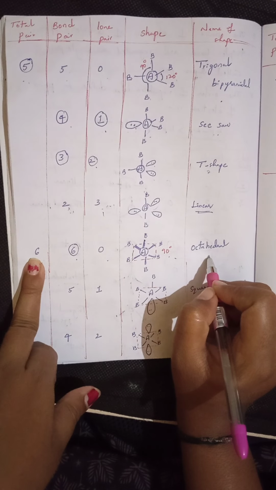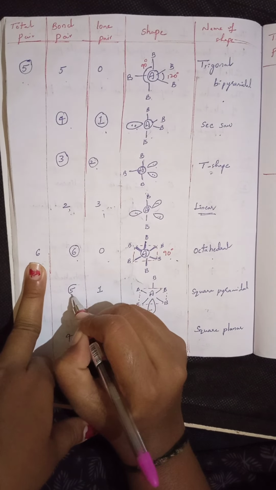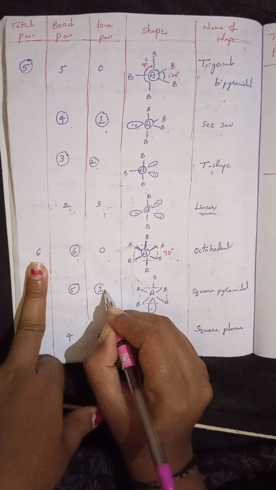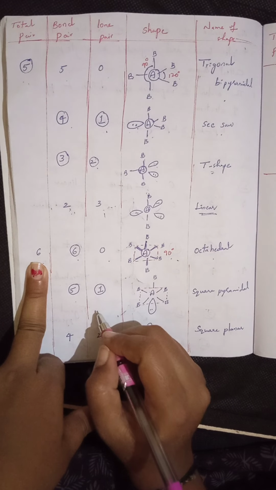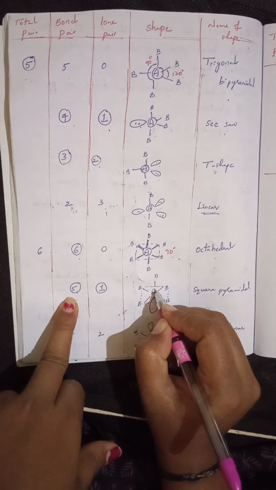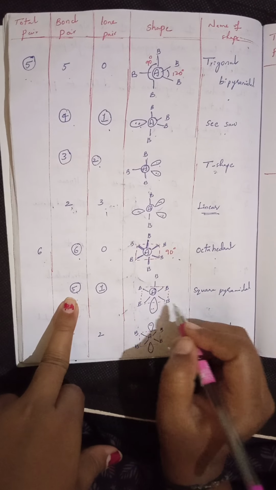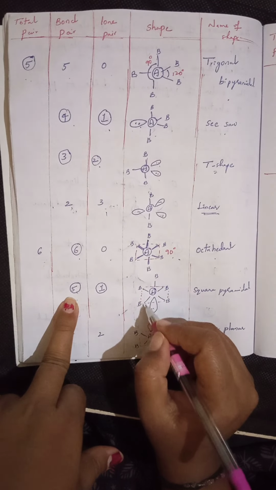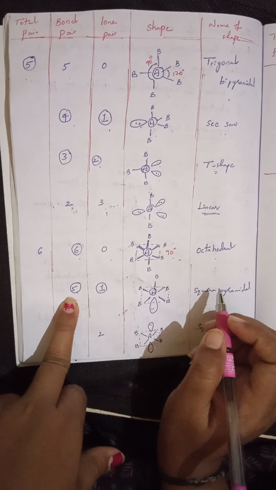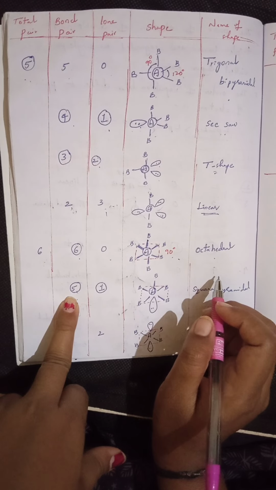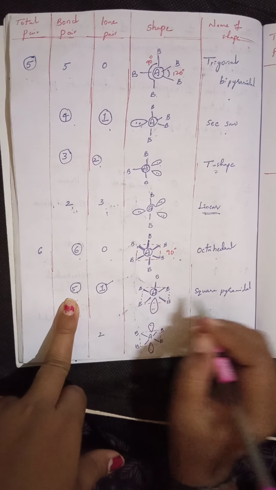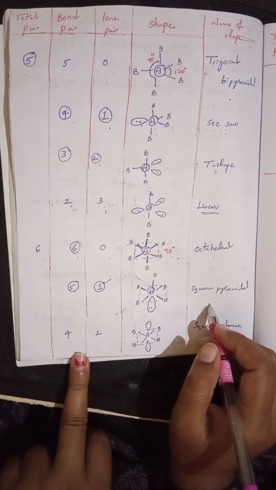With the same 6 pairs of electrons, in some cases only 5 are involved in bond formation, and one exists as a lone pair. So these 5 bond pairs are involved in bond formation around the central atom A. Around it 5 atoms B are located, each one bonded with A by a single bond pair. That means around the central atom 5 bond pairs are present, and the 6th one acts as a lone pair, which I have represented here. Then the shape of the molecule is said to be square pyramidal.